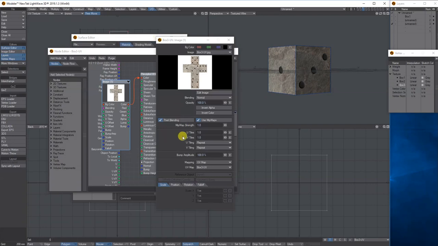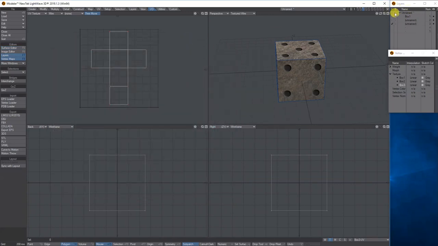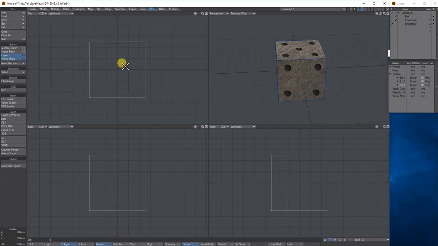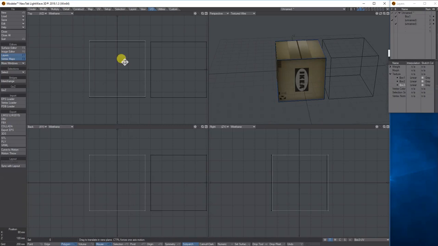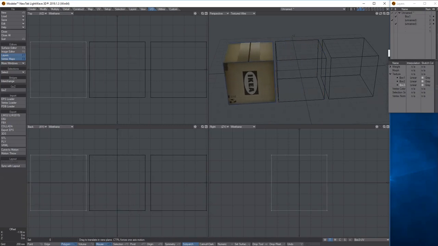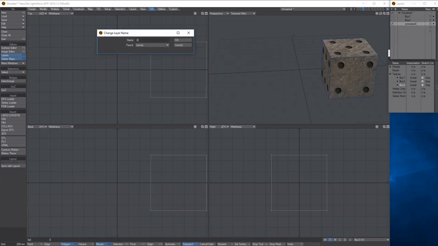So it's named, and what you've got is the other dice. So if we have a look at our layers, let's get rid of that UV top now. What we can do is put in the boxes at the side of each other. Rename this box 2 for the layers. Really important that you name your layers. I'm just calling them box 1, 2 and 3, but you can call them whatever you want.